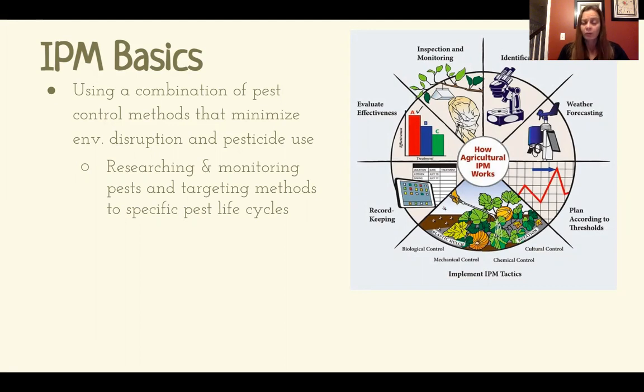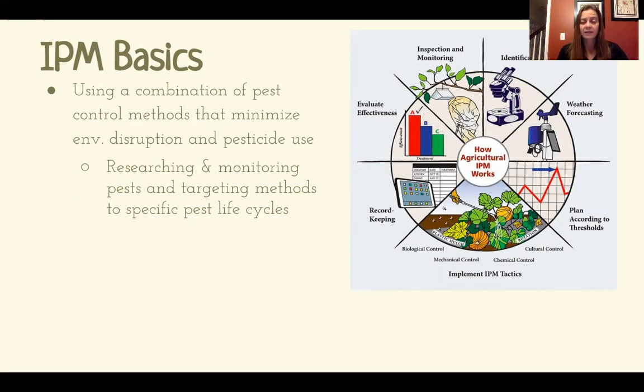It requires record keeping from year to year and an evaluation of the effectiveness. It requires constant monitoring and inspection, identifying what pests are there, looking at what the weather is going to do so that we choose the most effective methods, plan according to what we consider a threshold. So the goal of integrated pest management is not to completely eliminate pests, but to bring them down to a manageable level. And then having done all of that, the farmer is then going to implement those integrated pest management